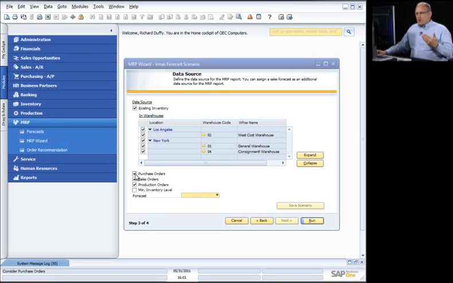Do I want to look at the purchase orders that are already in the system? Do I want to incorporate the sales orders that are already in the system? Do I want to look at the production orders that have already been created? The purpose of me going through at this level of detail is to show you how flexible the MRP functionality is, because you want to have a lot of different parameters that you can specify when you are running your